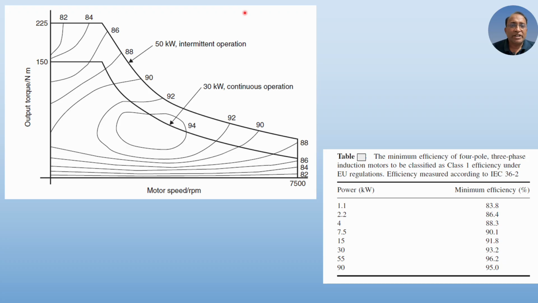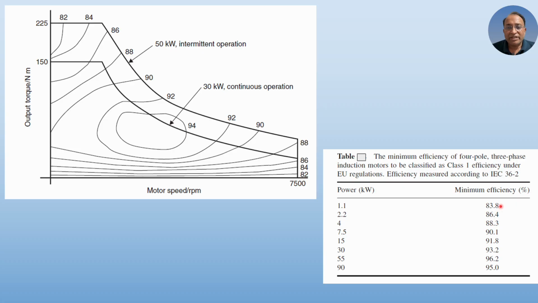Now further, let us observe the table on the right hand side. Here there is a table on the right hand side bottom. It indicates two parameters. The left one is a power. This is a motor size. Size of the motor is indicated in terms of power rating in kilowatt. So 1.1, 2.2, 4, 7.5, 15 and so on. And corresponding to this motor size, the minimum efficiency that will be available with the motor is indicated here as